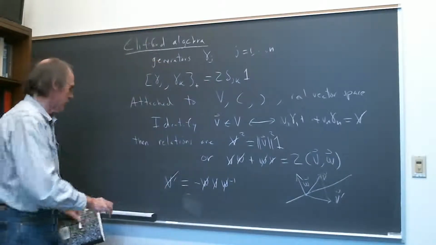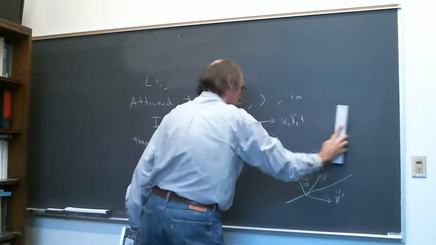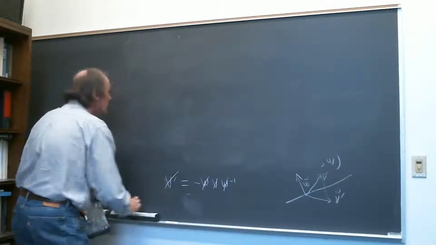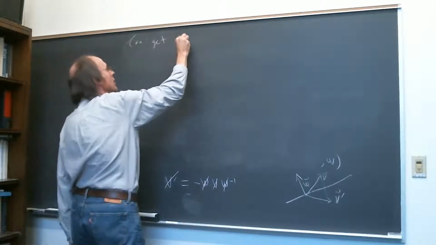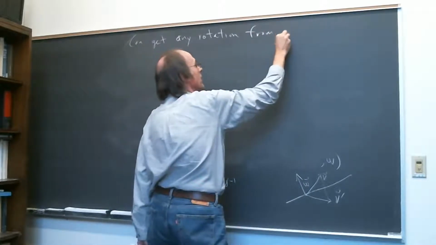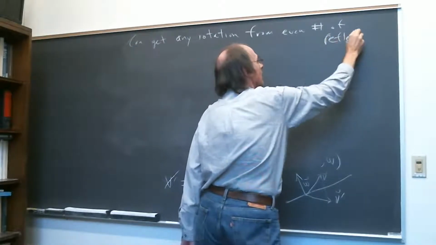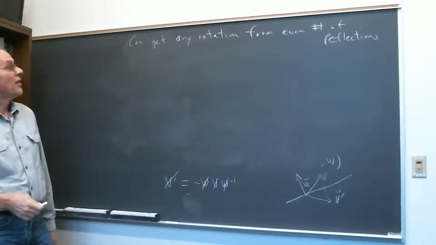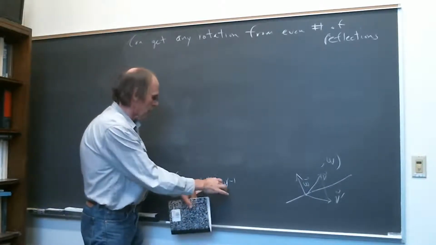And the idea is that we can get any rotation from an even number of reflections. This is kind of a fact about geometry in any dimension. And what that means is that you're going to get it from conjugation